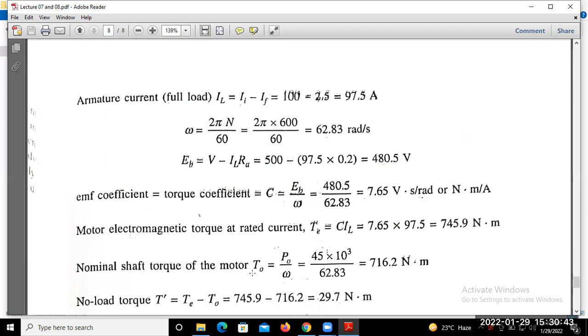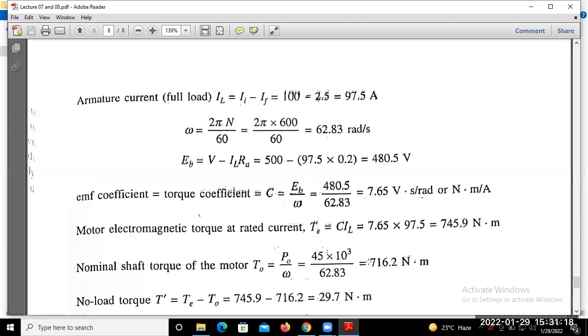Okay, so output power divided by the speed in radian per second. Put here the value of output power, that is nothing but 45 kilowatt. Just convert this kilowatt to watt, so multiply by 10 to the power 3. So power equals 45 into 10 to the power 3 divided by omega, that is 62.83. If you simplify this equation, then you will get the value of shaft torque equal to 716.2